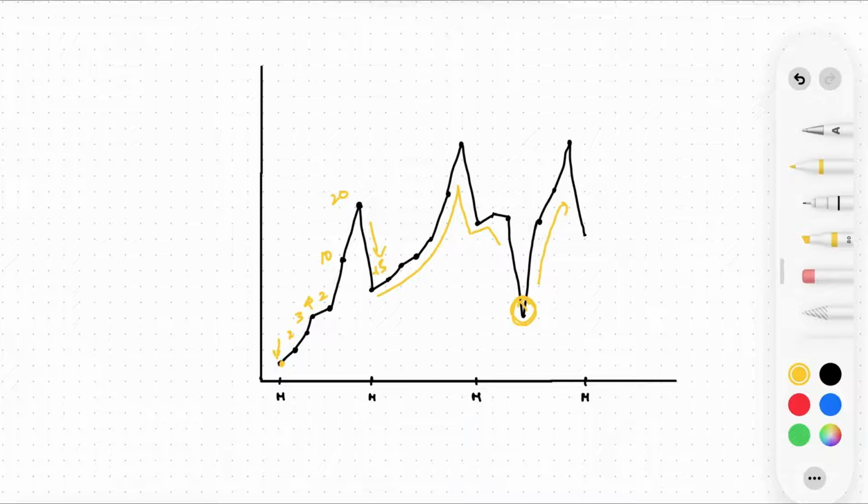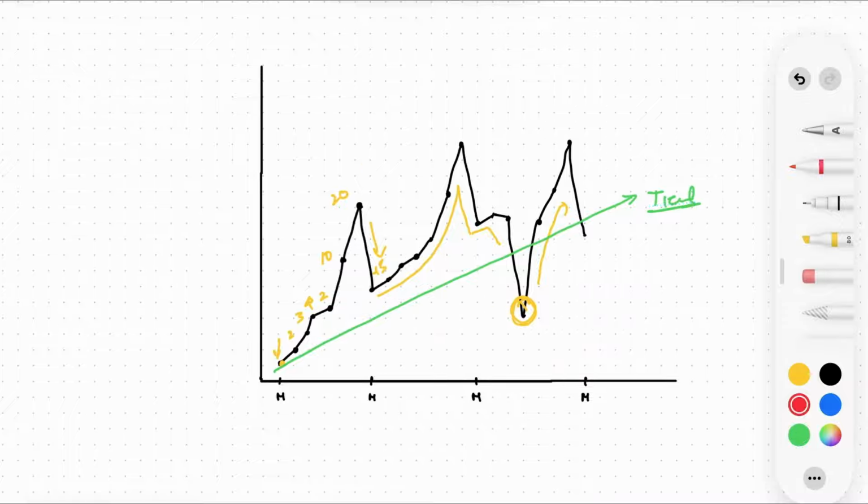You have recorded your sales of the ice cream shop day over day, and that is called time series data. Now, if you look at your sales, you can see that it has a few components to it. First of all, you see that there is an increasing trend in your data. Your sales is going up and down, but in the longer run, it is increasing, and this is called trend.